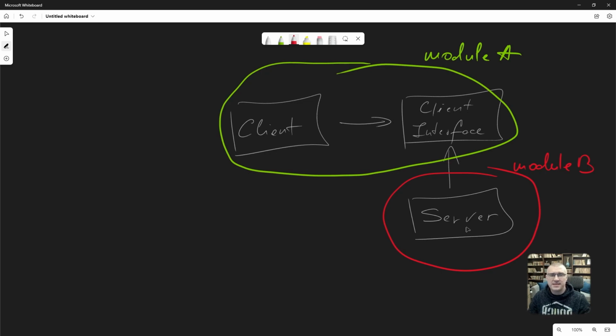This whole thing implies that if we apply the open-closed principle to module A, we cannot change what the module does, since that is represented in the client interface. Yet we can change how it does it, because only the stuff in module B is free to change and implement the interface. Meanwhile, module A is open only for extension, not modification. So if we can change the contract, how can we change what the client does? The contract is the only part that specifies what the client does with its dependencies, whereas the concrete implementations describe how the client works.